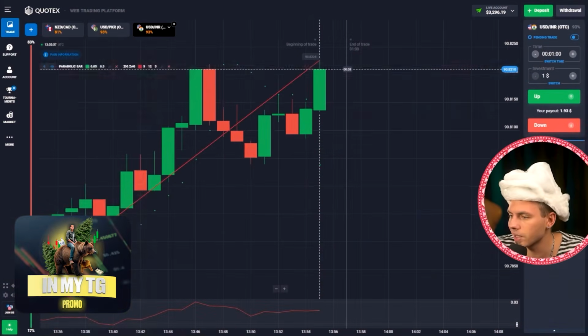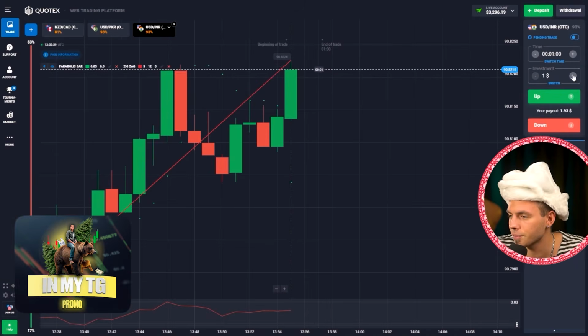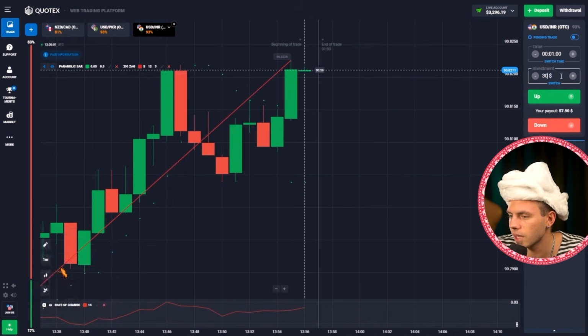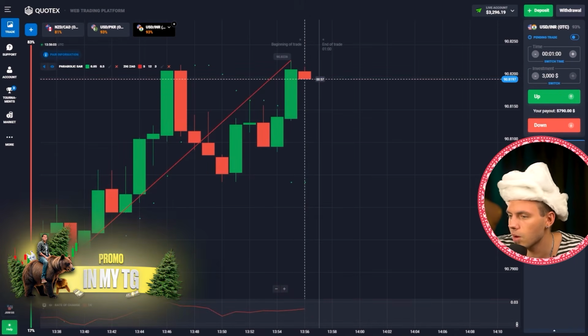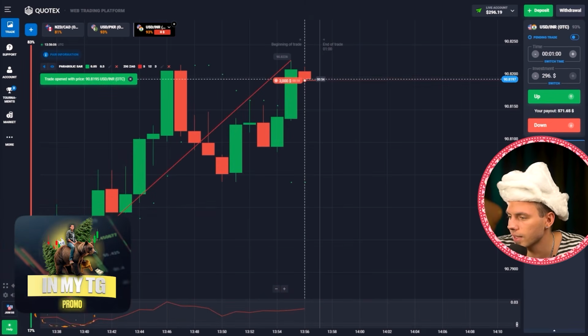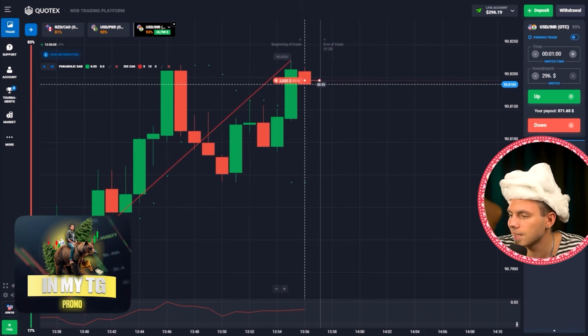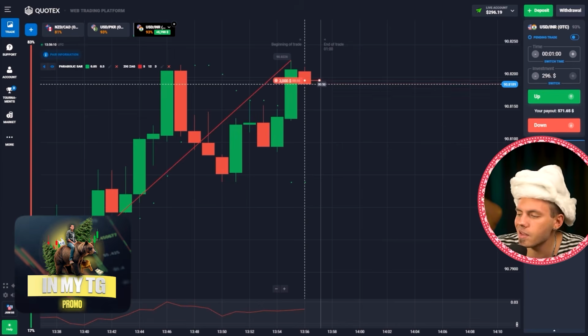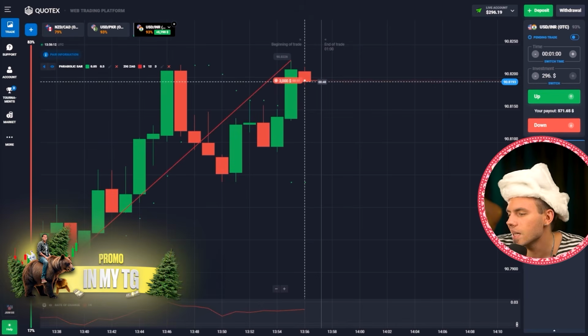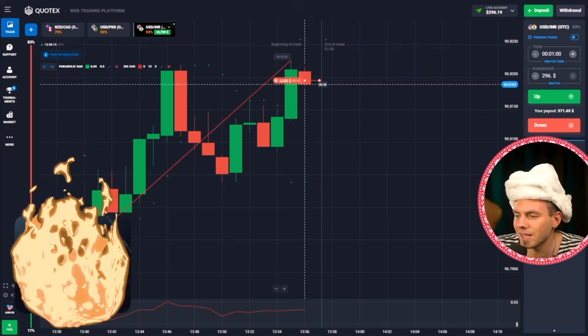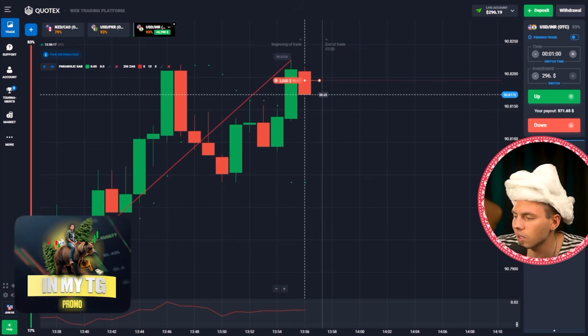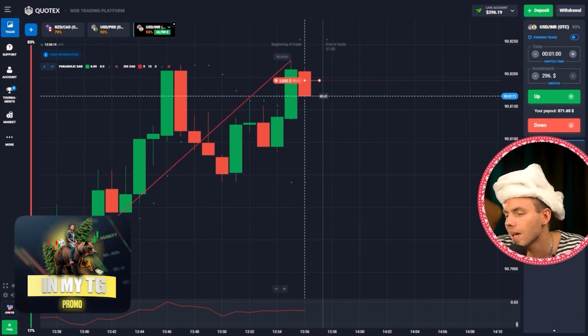Okay, what do we got here? Let's set the amount, 3,000, and right now I'm opening a sell trade. Okay, so here, guys, 90.8226, here you see, right, this level is local high and resistance on this chart, so this is a very